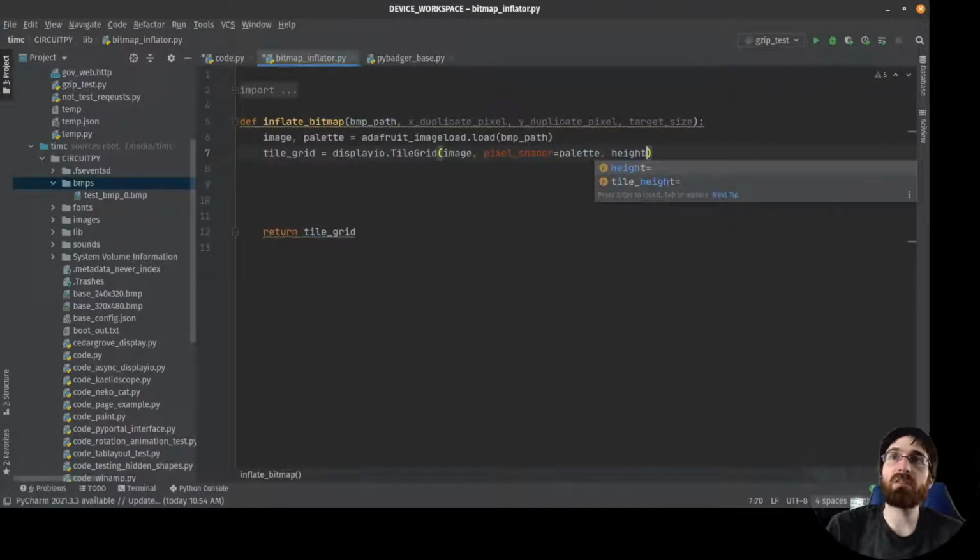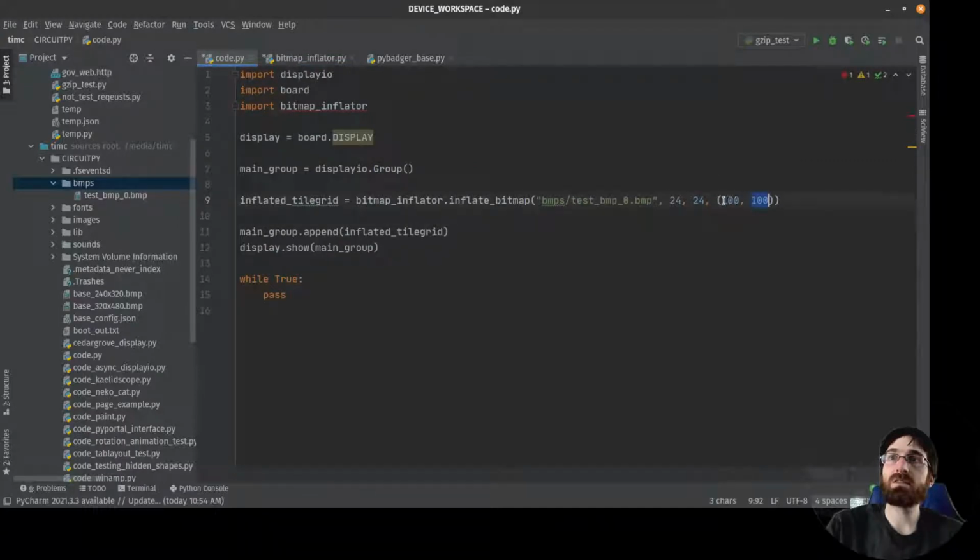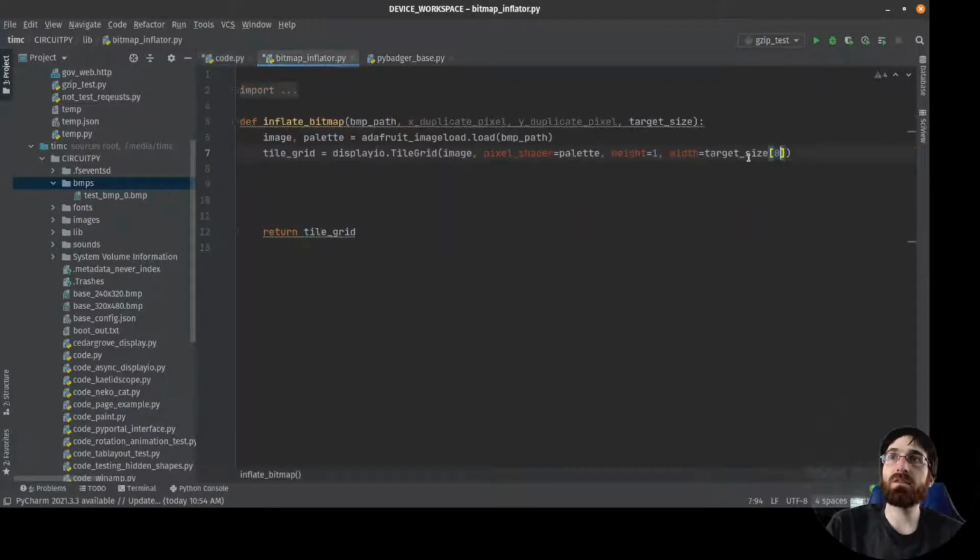And again, eventually I'm going to have to figure out how to deal with the other orientation, but let's see if we can do one at a time first at least. Width. So the width is going to be the target size X, which is 0. In the case of this, our target size is 100, so our width will be 100. 100 tiles wide, 1 tile tall,